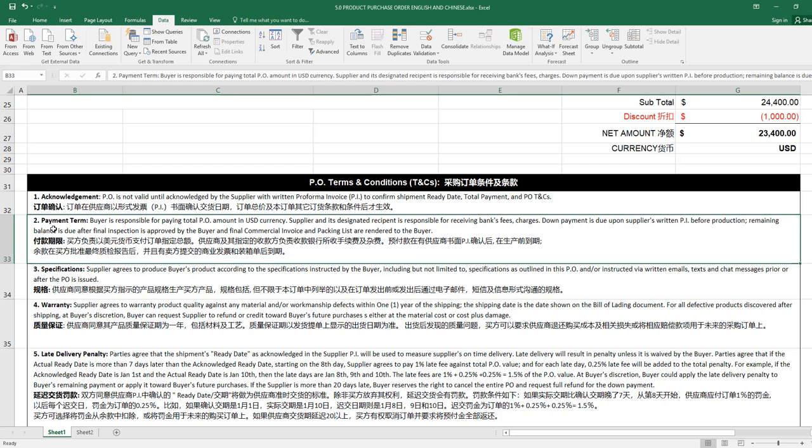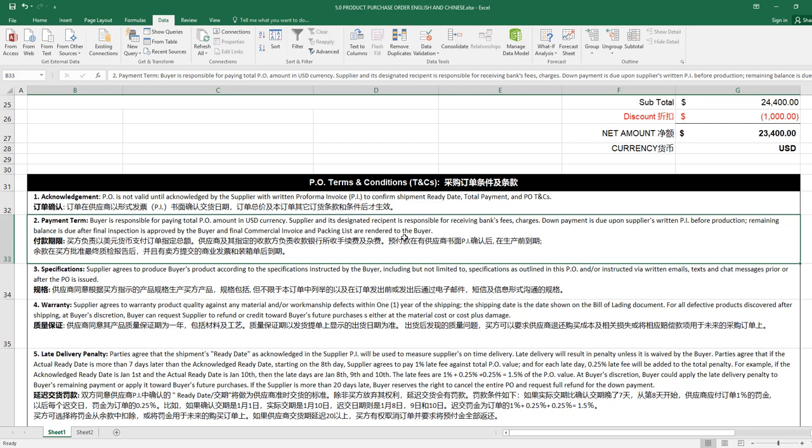The second one is payment term. Let me read this quickly so we're on the same page. Buyer is responsible for paying total PO amount in USD currency. Supplier and his designated recipient is responsible for receiving bank's fees and charges. Down payment is due upon supplier's written pro forma invoice before production. Remaining balance is due after final inspection is approved by the buyer, and final commercial invoice and packing list are